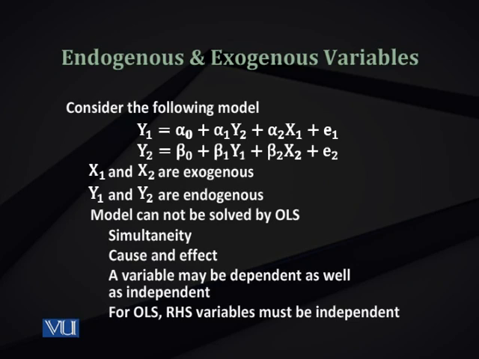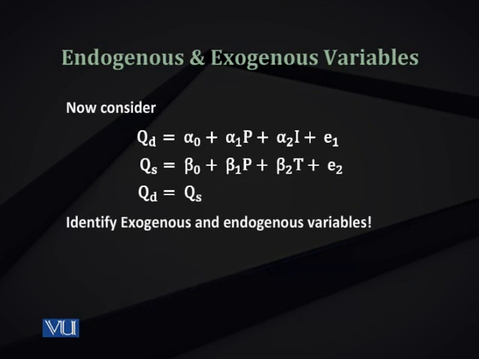This is not always the case. Not necessarily are the variables on the left hand side endogenous. For example, look at the market model. In the market model, you have quantity demanded and quantity supplied, but you have a third, which is not an equation: an equilibrium condition, stating that quantity demanded is equal to quantity supplied. So we have in fact two equations, not three. The third one is an equilibrium condition. So we have two equations, we need two variables to be endogenous, and the rest should be exogenously determined, or we assume them to be given, or we specify their values, we specify their level. So what to do now?